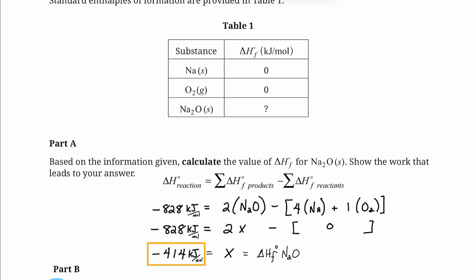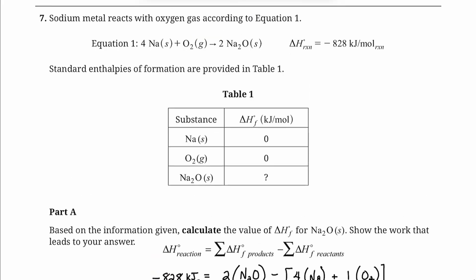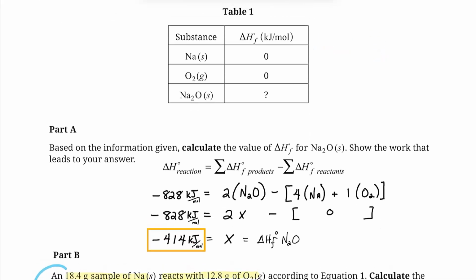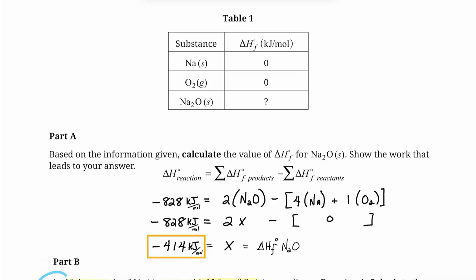We know the delta H of the reaction. It's already given to us as negative 828. Don't forget your negative signs here. Direction matters in thermodynamics. So we're going to plug that in for the overall reaction. Now we have to understand it's the sum. That's what this little symbol is, the sum of all your products' heats of formation, minus the sum of all your heats of formation of your reactants. But careful,